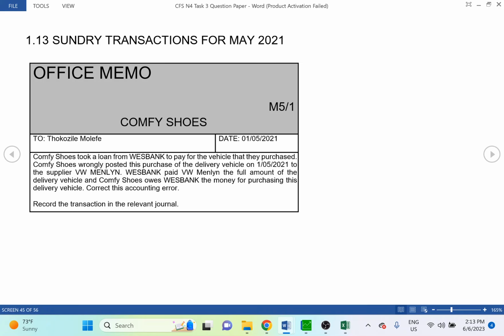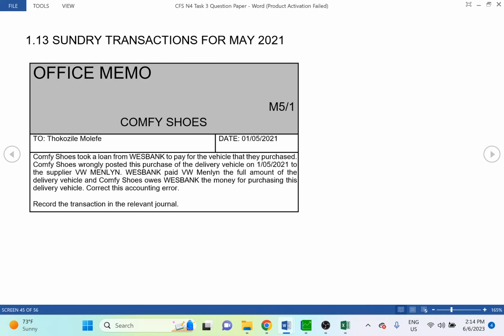So the first memo that we have is directed to Thokozile Molefe on the 1st of May 2021. The memo number is M5/1. These memo numbers, we use them as our reference. Now it says, Confi Shoes took a loan from West Bank to pay for the vehicle